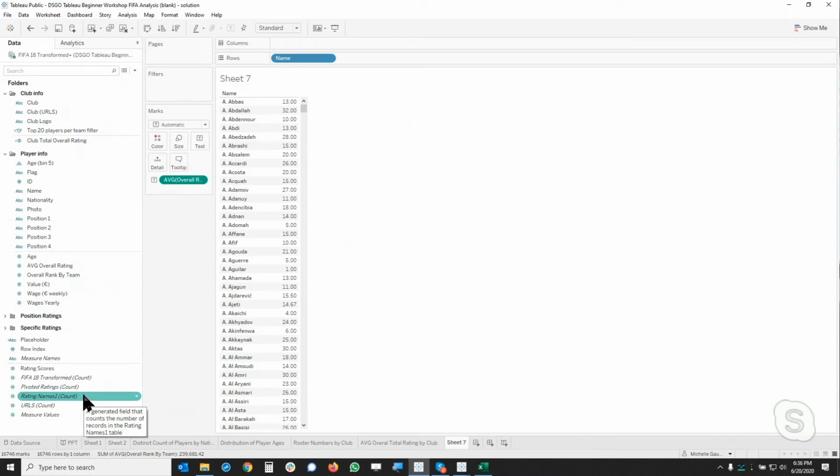It used to be called count of, or what was it called? Now that I'm looking at it this way, I can't remember the other way. It was number of records. That's what it was. So in the older versions it's number of records, but in 2020.2, it is now called this. And so what we can do is, let's see,